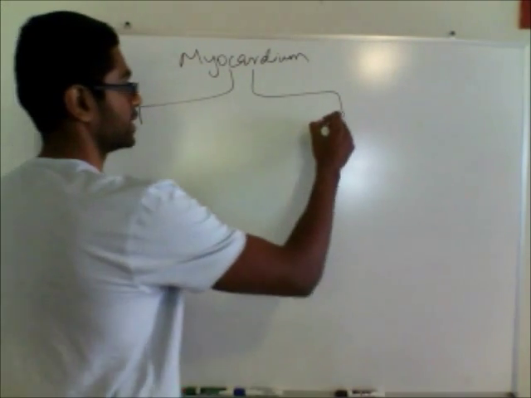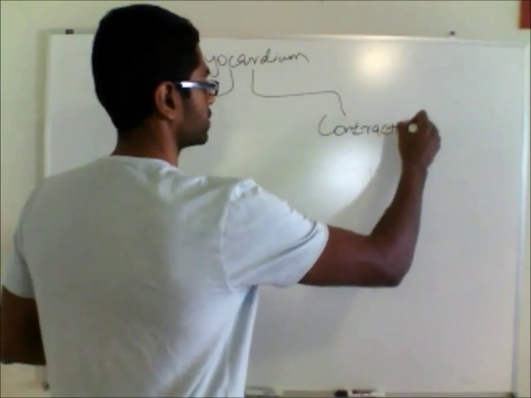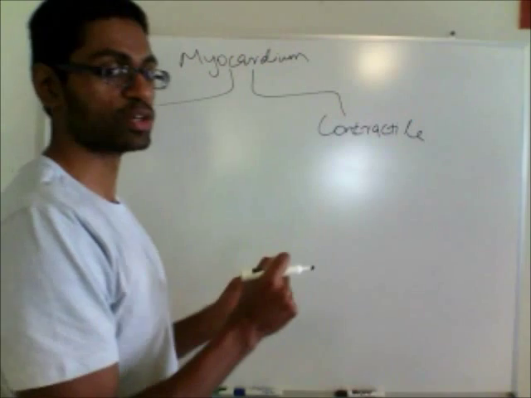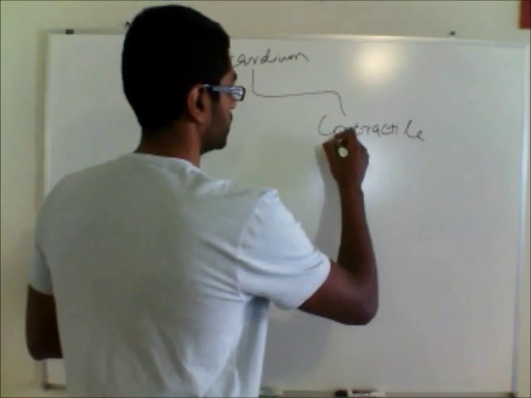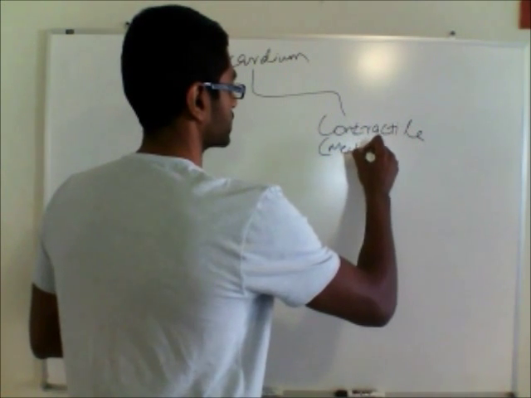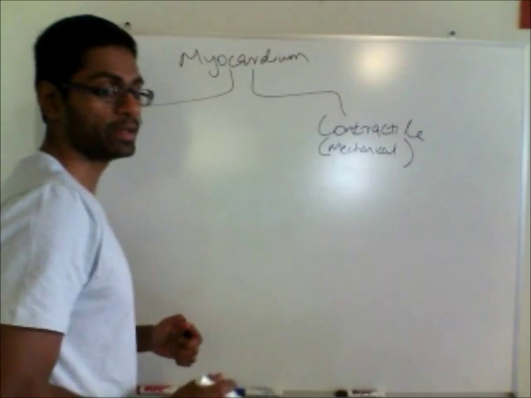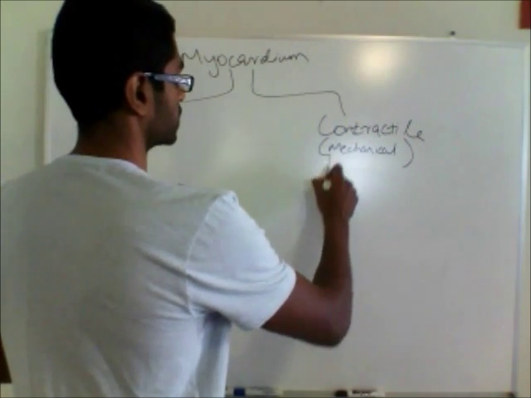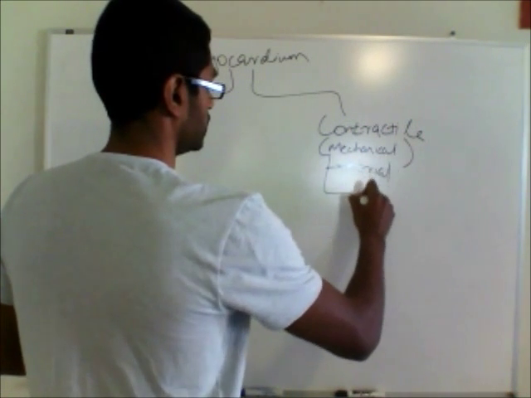One functions as mainly contractile. So its main function is just to squeeze, okay? And it's poor at conducting electricity. So its main function is mechanical, all right? And so these are what? The atrial and